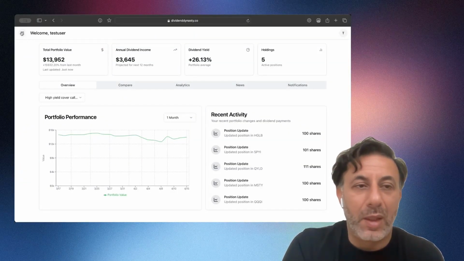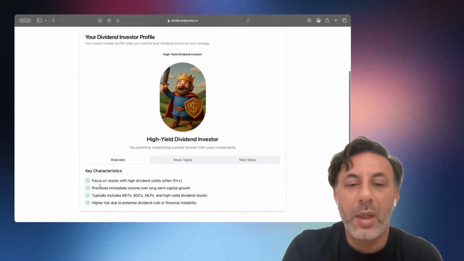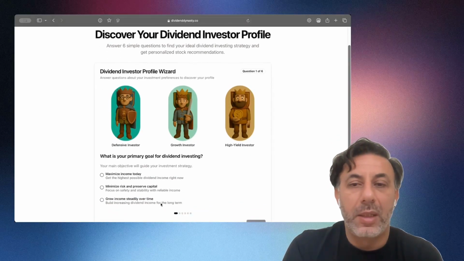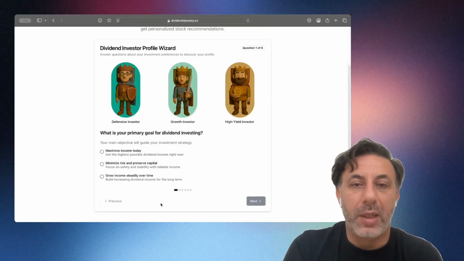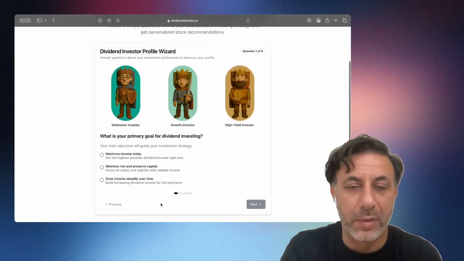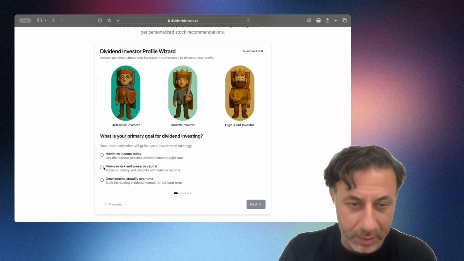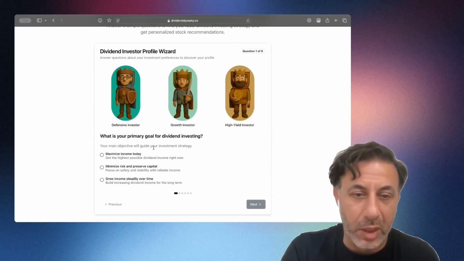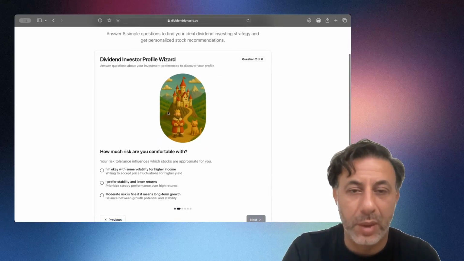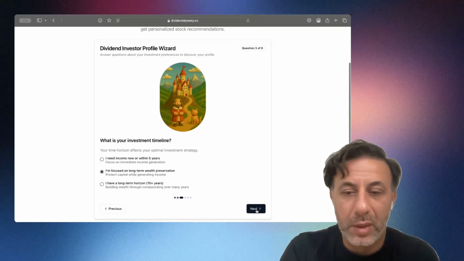Now, let's see the outcome. So if we go to the investor profiler, I've already completed this, so let's just start over. This is the start screen. And you basically go through, don't need to zoom, that's fine. Go through and select the questions that suit you best. Now, I was selecting the high yield answers, but I'll see if I can get a different profile up. You've started your journey, so off you go. Your path to your